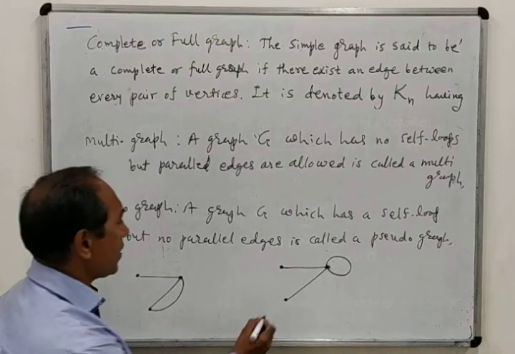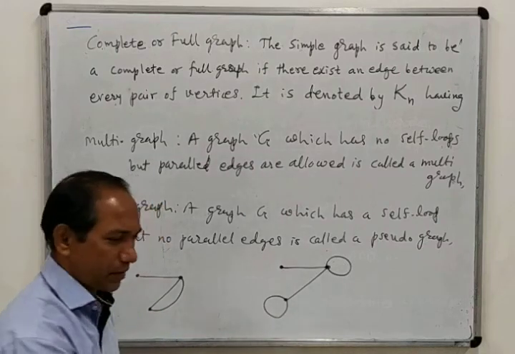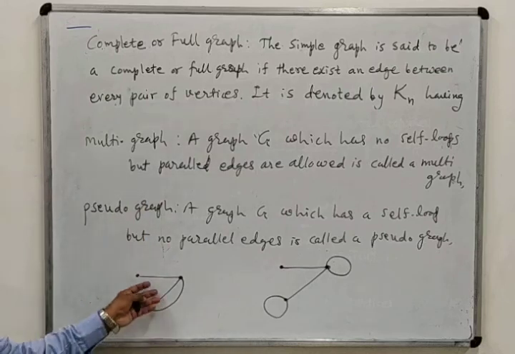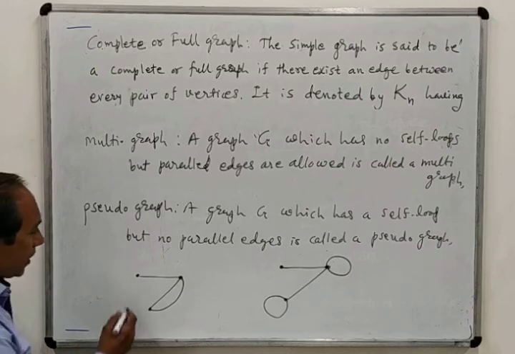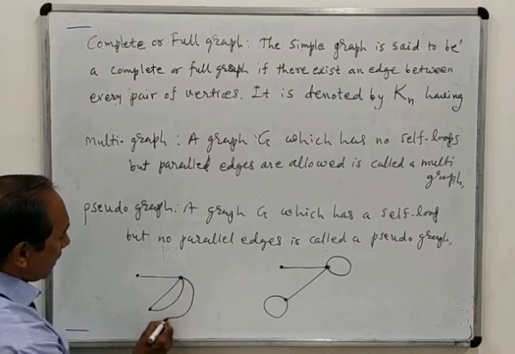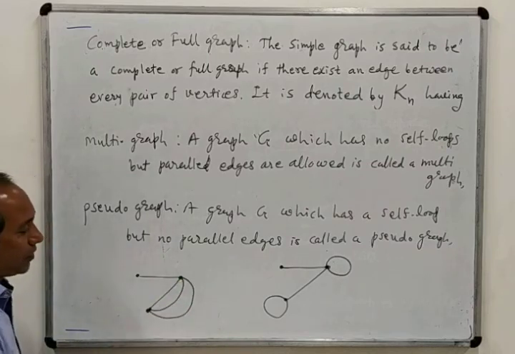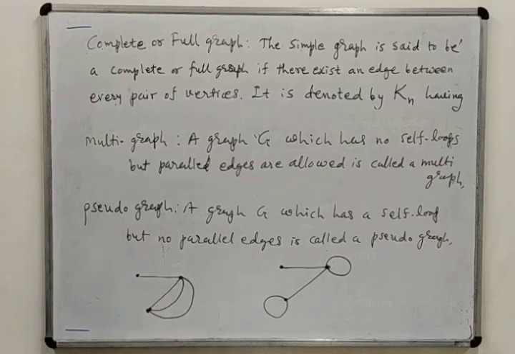You can draw a self loop anywhere. You can also have 2 self loops. Here also, if you want, you can add parallel edges anywhere. Here you can put one more parallel edge, so there are 3 parallel edges. So these are the definitions of multigraph and pseudograph. Write down these definitions and make sure you understand all of them.